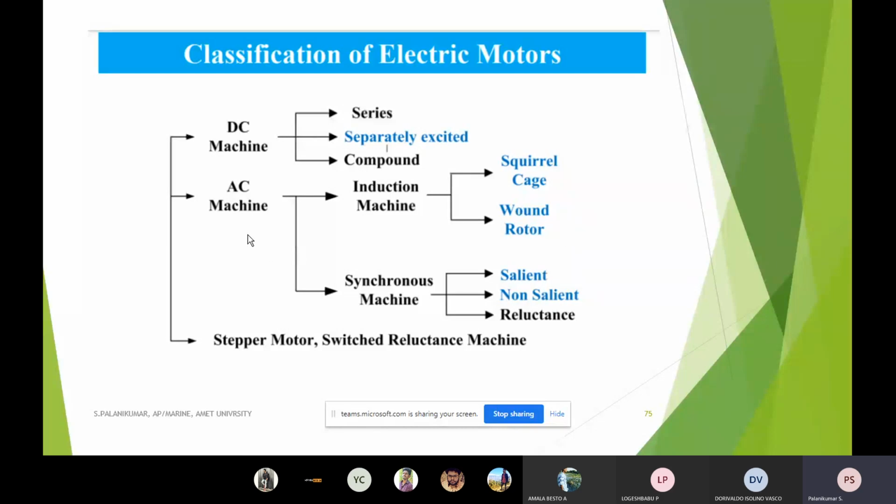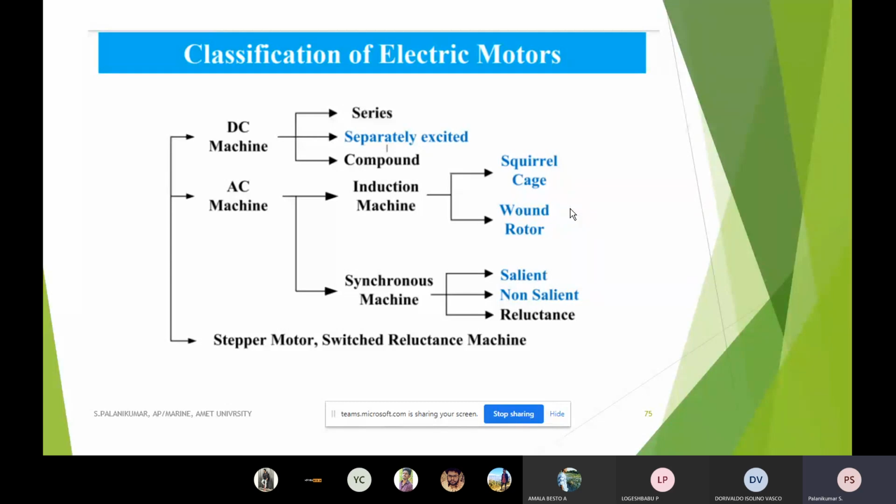Coming to AC machines, yesterday we discussed the induction machine, and how the induction motor works. Suppose a three-phase power supply is given to its stator. There will be a rotating magnetic field. This rotating magnetic field cuts the windings in the rotor, which is electrically separated, not connected. The rotor is only magnetically coupled. So the magnetic flux lines, being a rotating magnet, will cut the conductors.